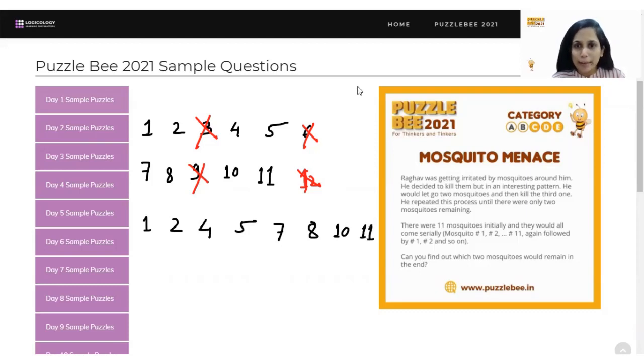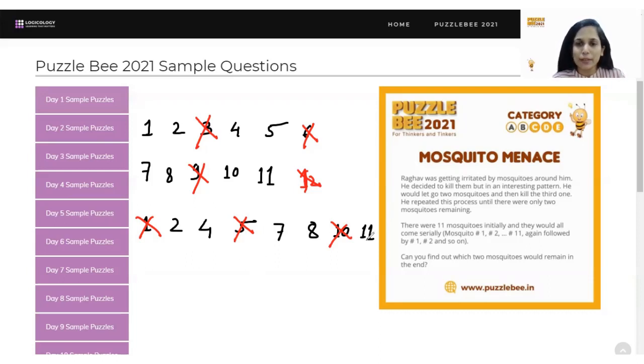Now what had happened in the first iteration? You had killed 3, 6, 9. Then 10, 11 were safe. So whosoever came in next would be killed. Who was that next? That was 1. So you would kill 1. Then again 2 is safe. 4 is safe. 5 will get killed. 7 is safe, 8 is safe, 10 will get killed. Now 11 again is safe. So 11 is somehow lucky so far. In fact, even 2, 4, 7, 8, they are lucky.